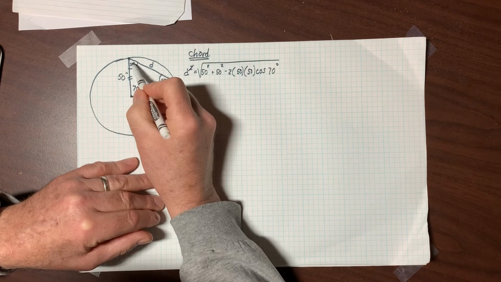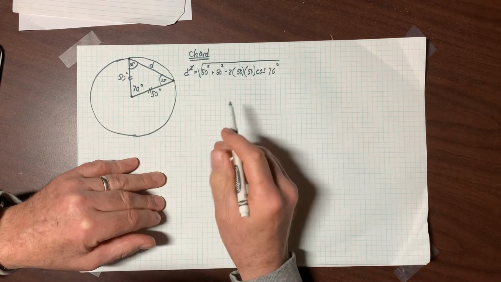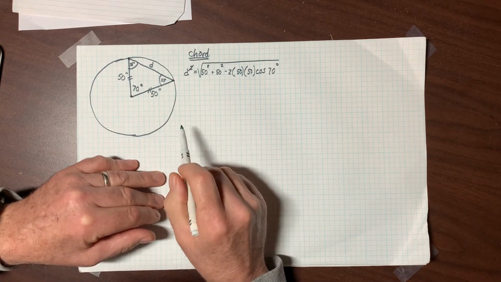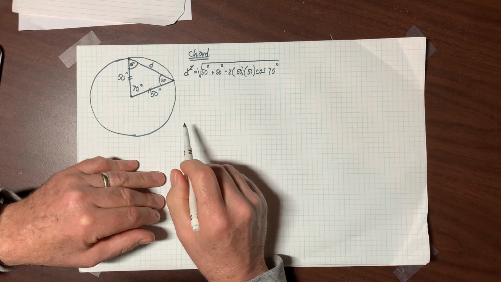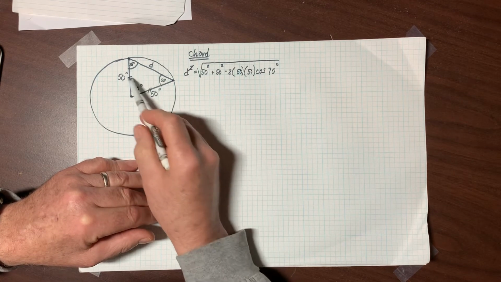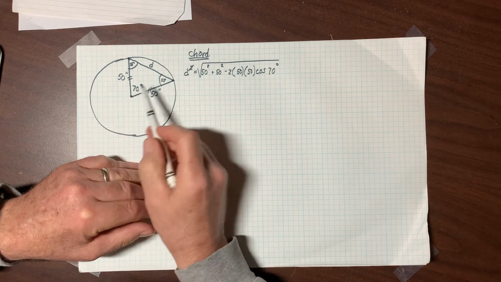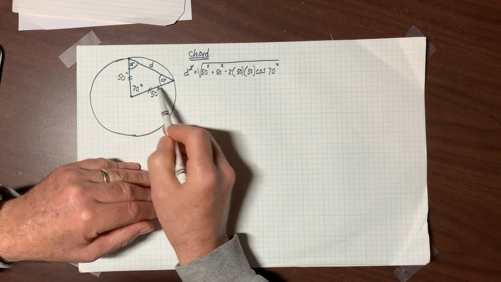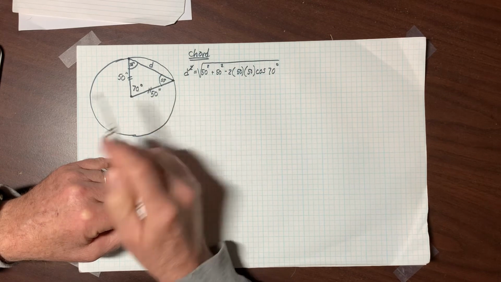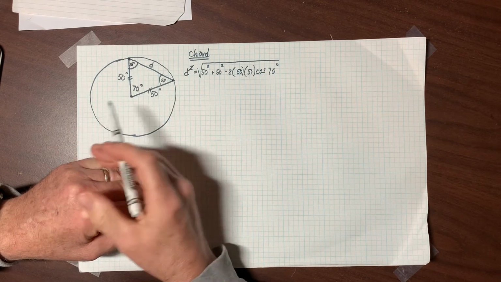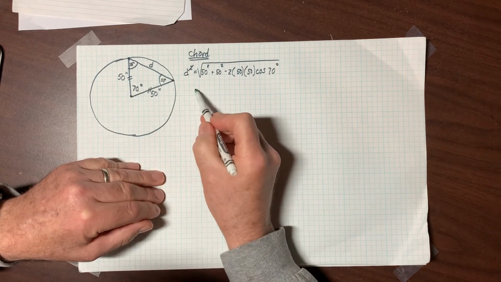So the point that I'd like to have you remember is that this triangle that you draw inside a circle in this way is going to be isosceles. And not only are these two sides going to be the same, but these two angles would have to be the same. So now you can just set up a law of sines, and you could say the